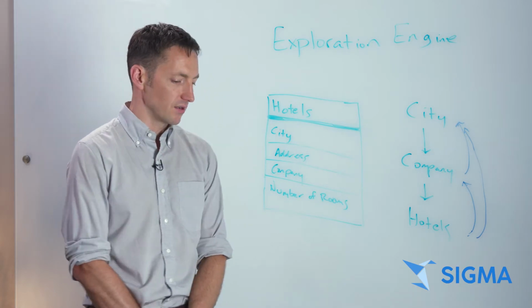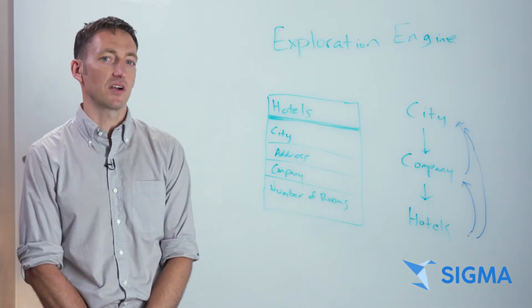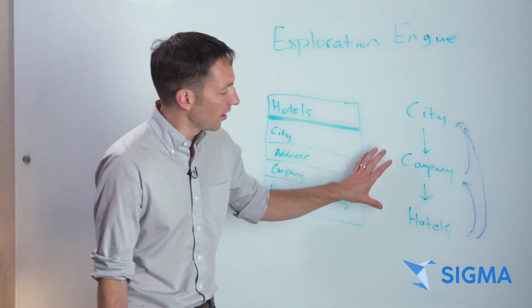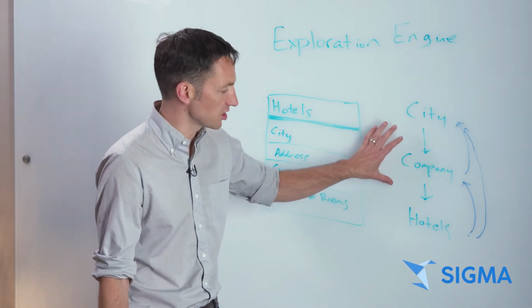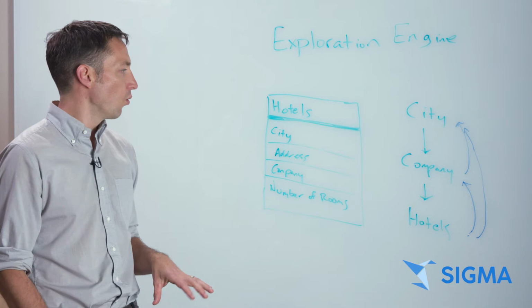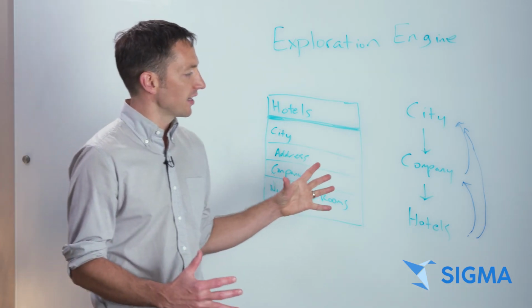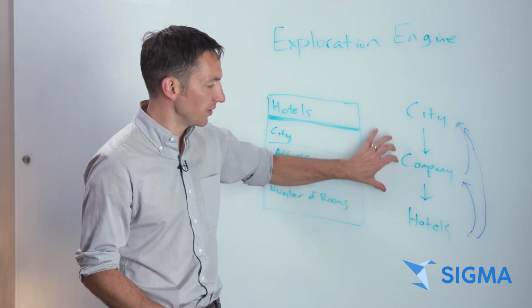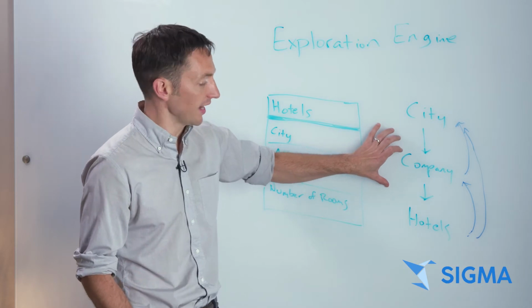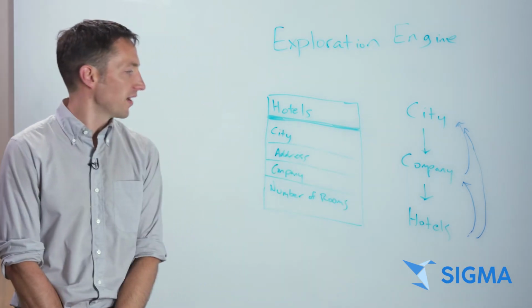And I have to start using complex aggregations. I have to start doing joins. I have to start doing some interesting window functions just to specify these things. And so what Sigma does is it allows you to do all these things. It allows you to build all these interesting questions and answer them, often with just a single click or two.